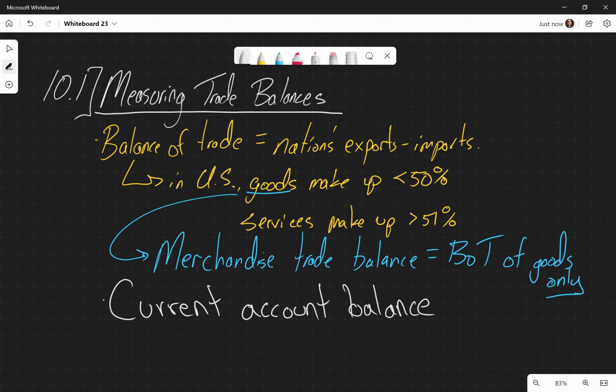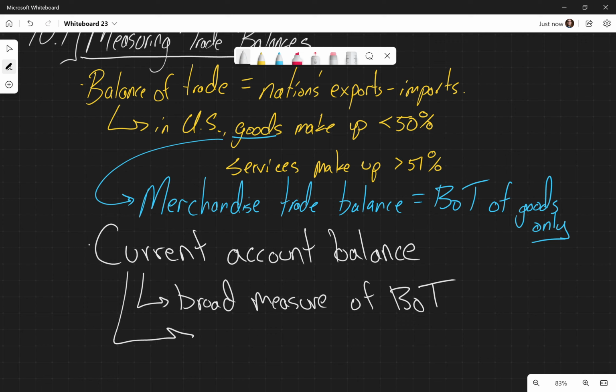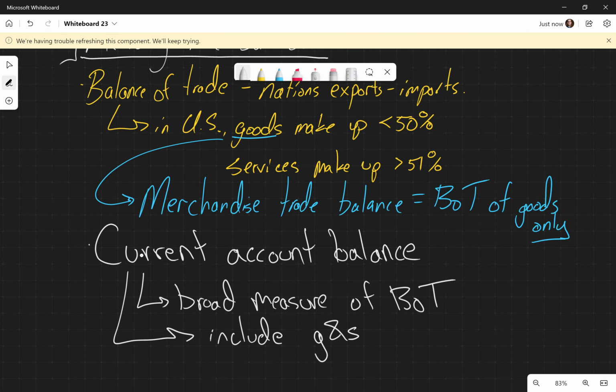So the current account balance is a broad measure of our balance of trade. It is going to include those goods and services like we talked about before, but also international flows of income